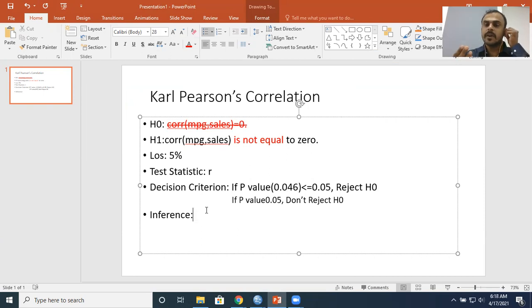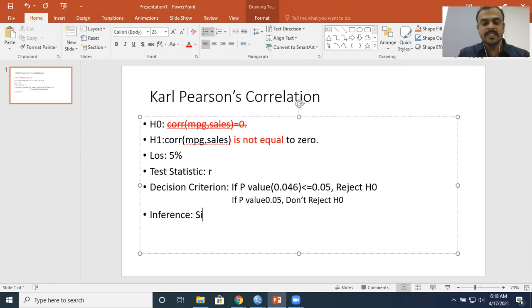You looked at 4 important assumptions. Both the variables should be scaled. There should be a linear relationship. Thirdly, no outliers. Fourthly, bivariate normality. Once you go through these 4 steps, now you can be more confident with Pearson's correlation and the significance value hence obtained.